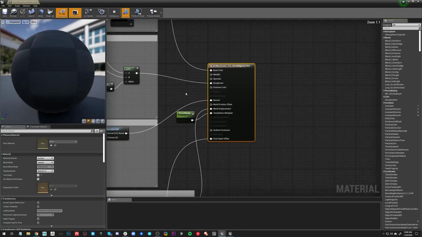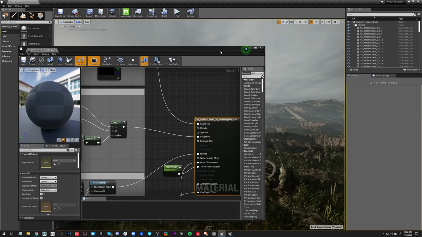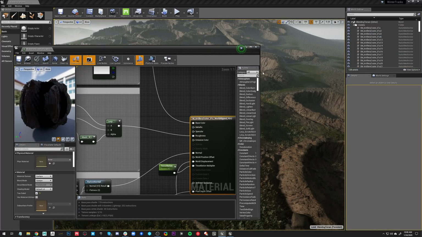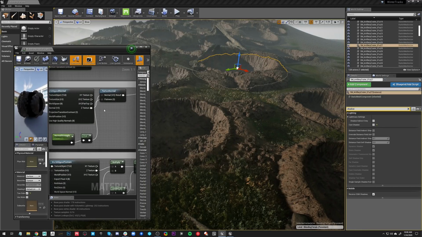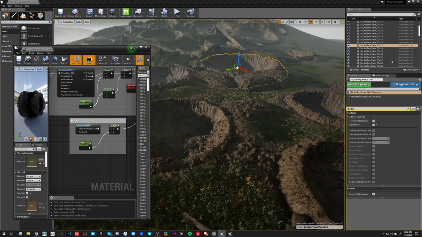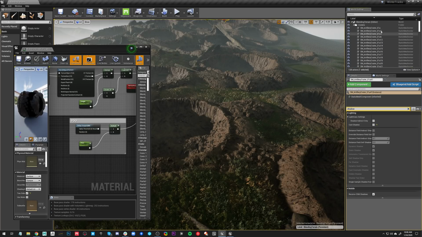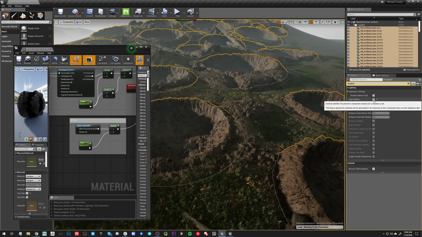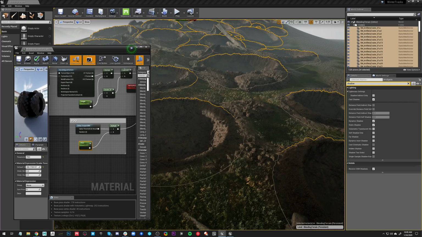If I open up the material, I can show you all what it looks like when we have shadows enabled. So if I come over here and just re-enable cast shadow, and if I start cranking this value up, what you're going to notice is a lot of shadowing artifacts.